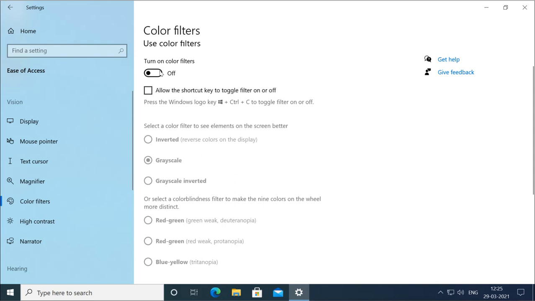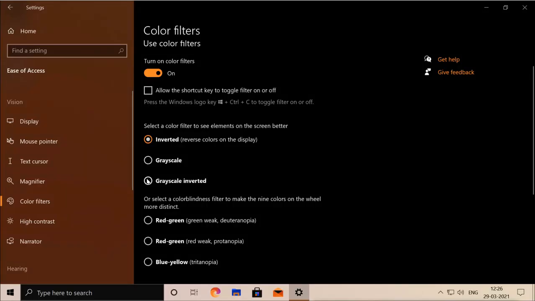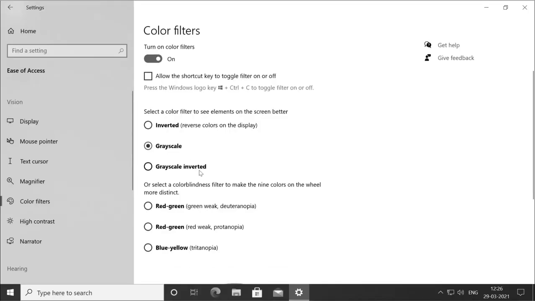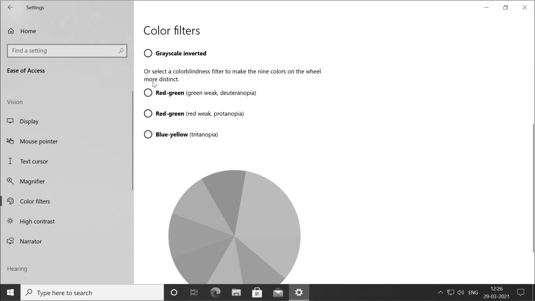If you enable it, you will get these other options, like select the color filter to see the element on the screen better: grayscale, inverted. So this is how. Then you can enable these options, red green, red blue, and you can see here the sample.